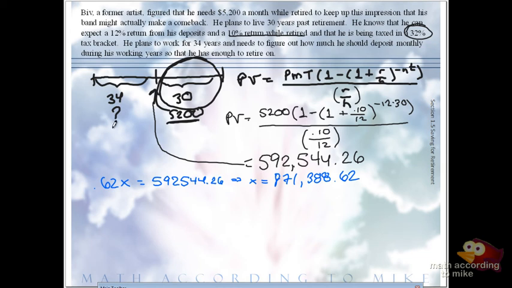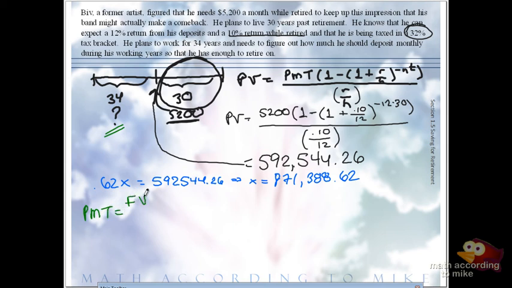So now we need to figure out how much he needs to start putting away so that in the future he has this 871 number. Well, we previously learned about our future value formula. Future value is solved for FV, where you know the payment, while here we have the flip. We know the future, we don't know the payment, so that's called a sinking fund. So in a sinking fund,